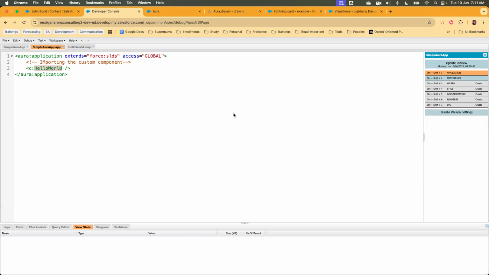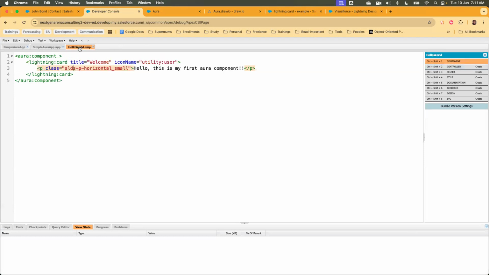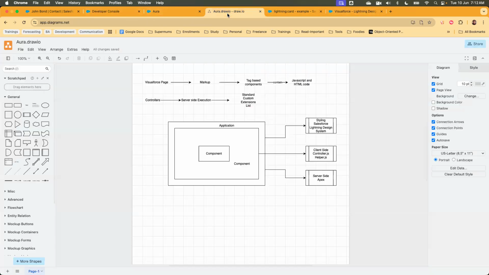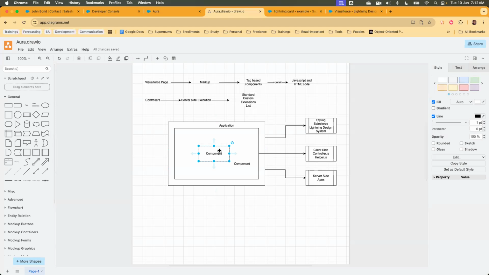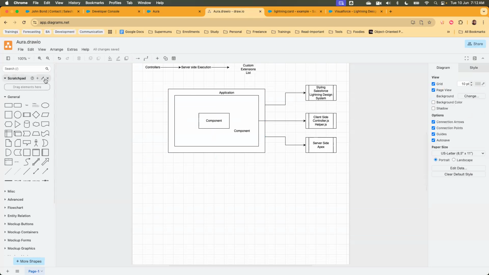So the first thing you need to change, let's go to our component. In my component, I need to pass the message. So basically, think about a situation where you have the same thing. This is your application, this is your component. So if I want to talk about this component,